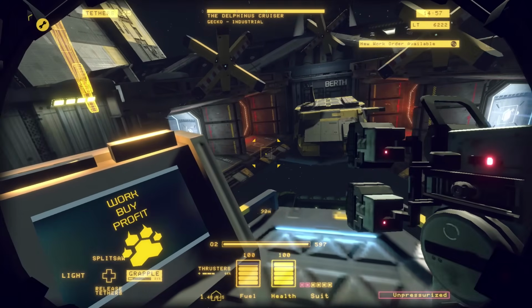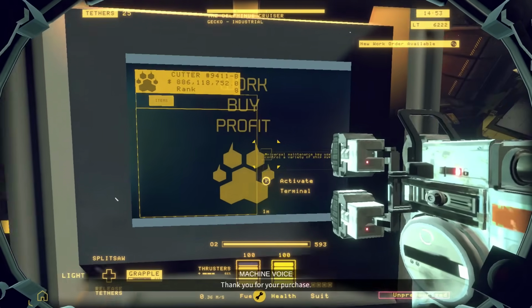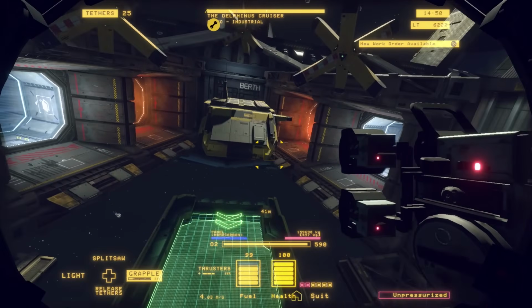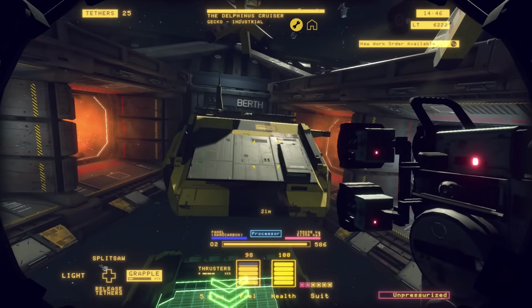We don't have a utility key. We're gonna use a utility key just because, well, they want to put it in the game. Let's figure out how to do this with a utility key first. And then maybe